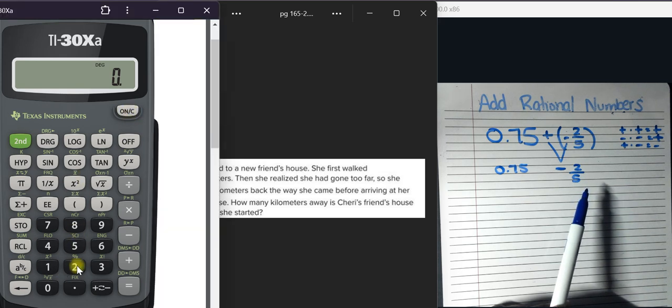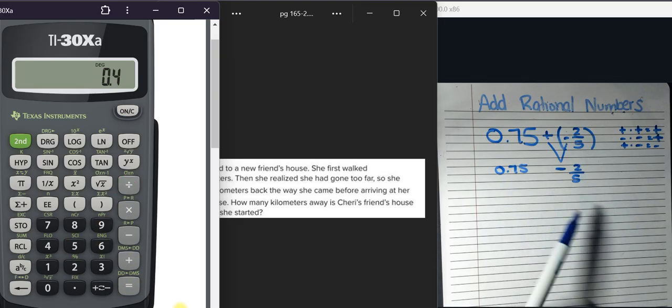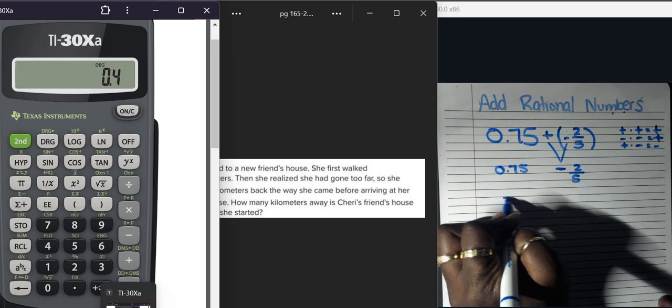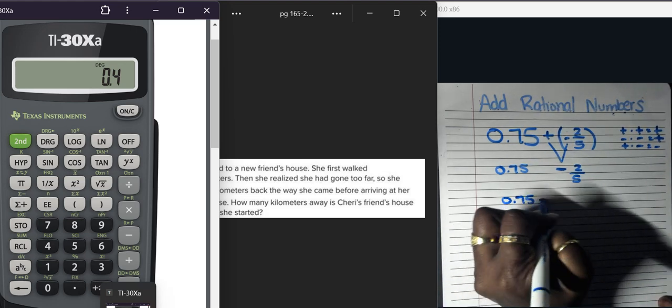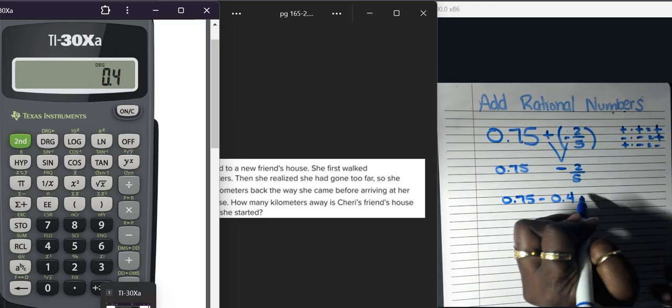So we can plug in first, let's use the ABC method. So 2 ABC 5. And let's see what happens here. So that is, oh, sorry, second, and then hit the backspace. So that's 0.4, right? So we're subtracting 0.4. Remember, the other way is you can plug it in as division. So 2 divided by 5, and you get the same thing. All right. So I'm going to turn them into decimals, which is my preference anyway. So 0.75 minus 0.4. You can plug this into the calculator and you should come out with